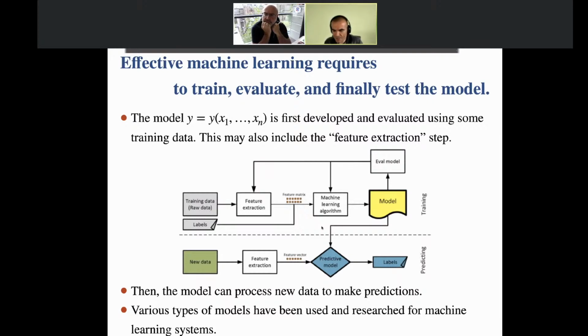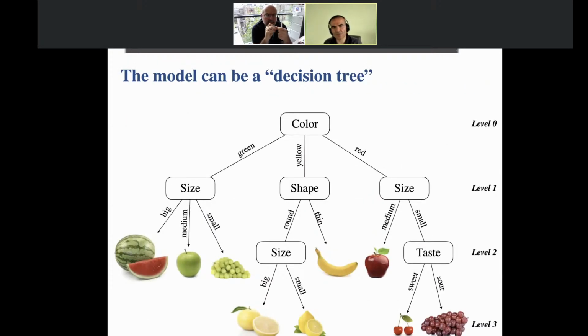So there's been different models that have been proposed. I'm just going to run through the ones that I'm using here. So typically one that I'm going to be using is the so-called random forest. And the random forest is made of decision trees. So a decision tree is how to classify a bunch of data based on a series of questions. So here I'm trying to classify fruits. So typically you can classify them based on the color.